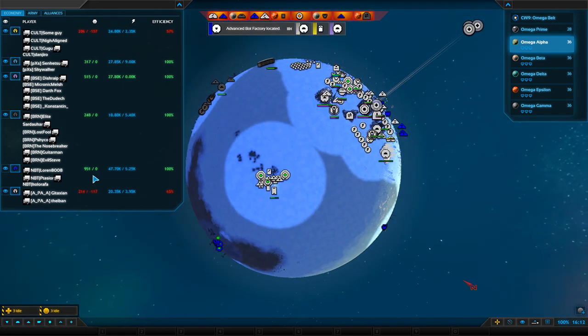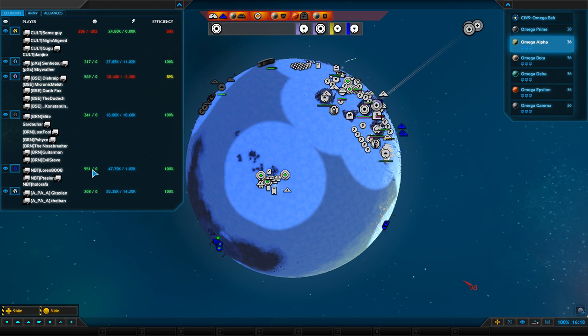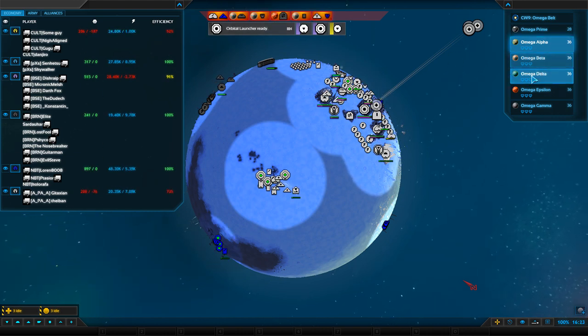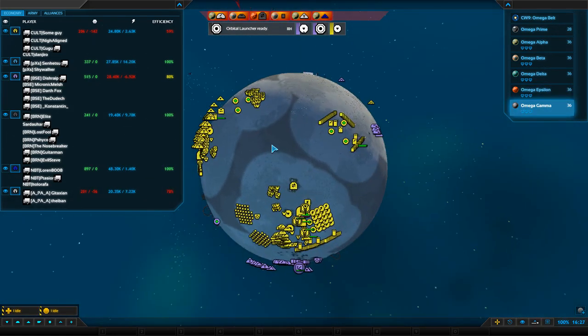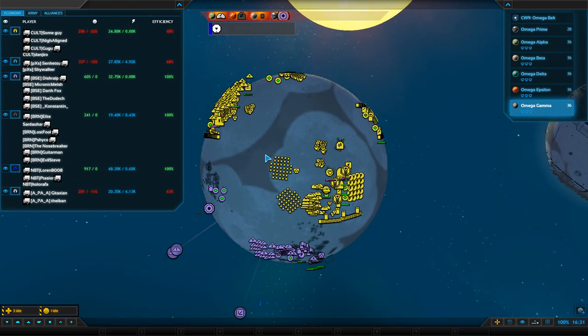Yeah, their eco is... look at the eco for NBT. They're totally kicking ass. Right now, the least eco is Cult and APA. Let's see how Cult is doing on Gamma, I think. Yeah, well, the attack hasn't started because they still have an alliance for maybe 3 more minutes, and